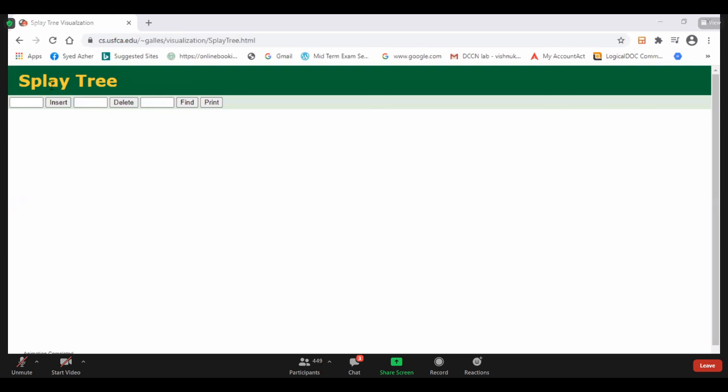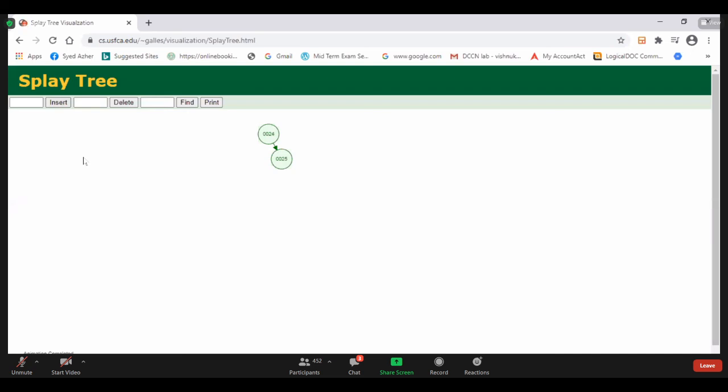First, I'll take one number, 25. I'm performing the insert operation, 25 insert, because it is the only node, it is the root node. Next, if I want to insert 24, where will it be inserted? On the left of 25. After insertion, finally, which operation did I perform?